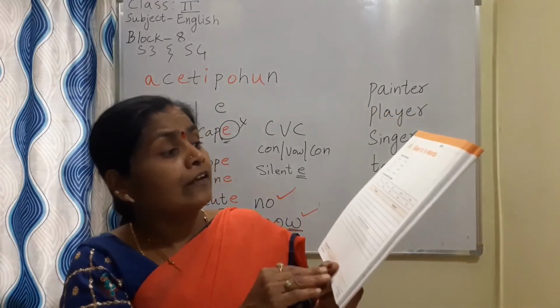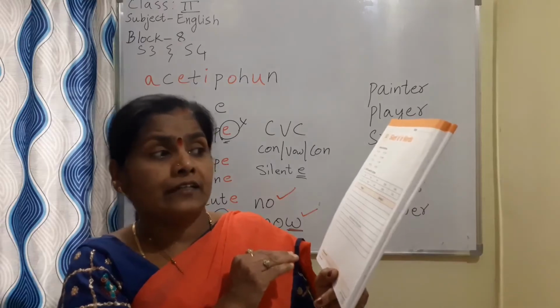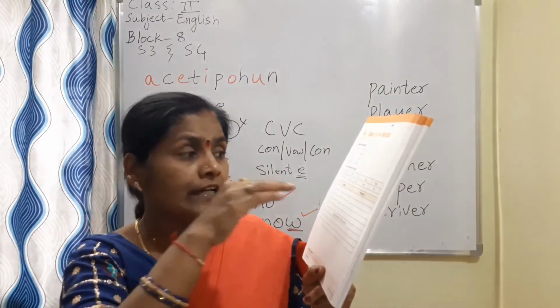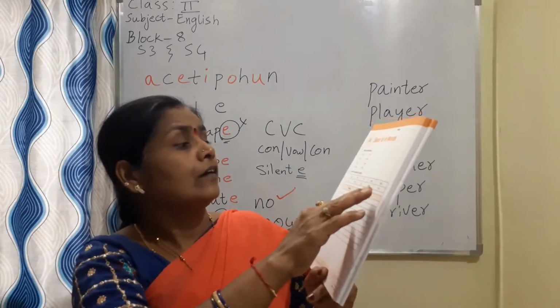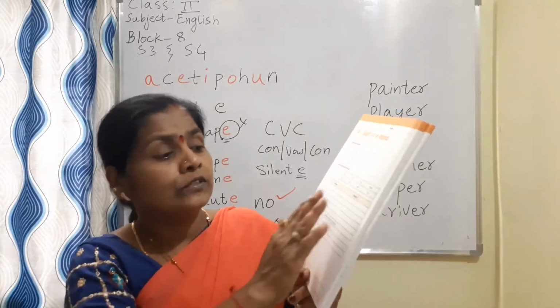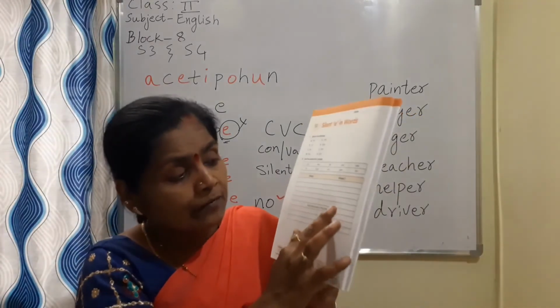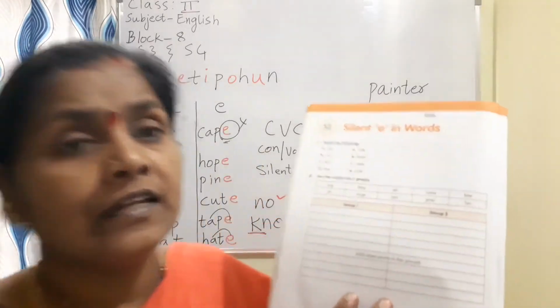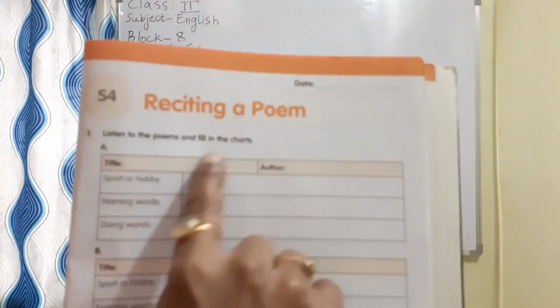First one you can take for fat. What are the rhyming words? You can write down here. Or you can take time. With time you can take and write down. To that list, after finding the words from here, you should add more words to that list. Okay? Next, we have done the poem.